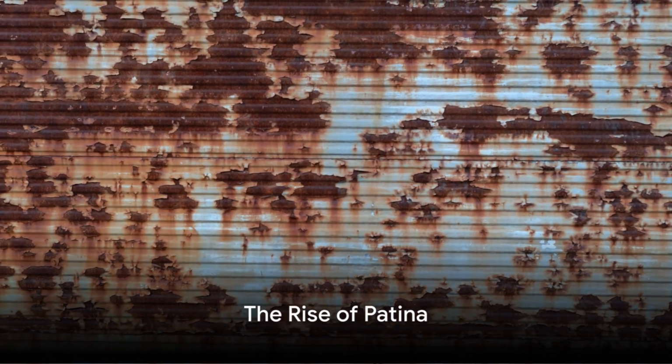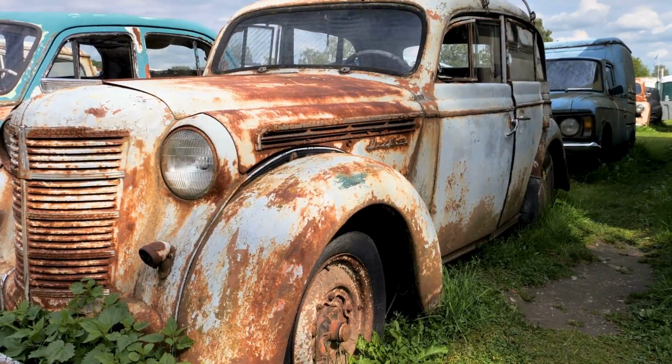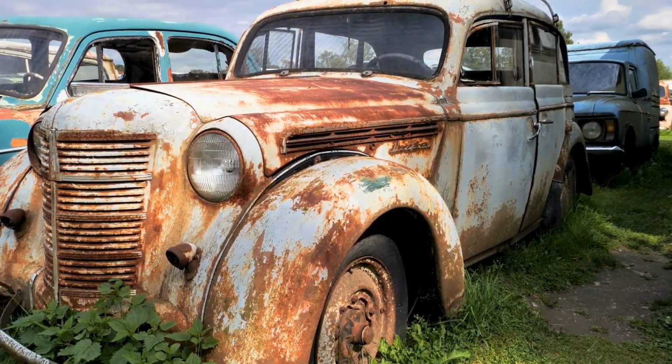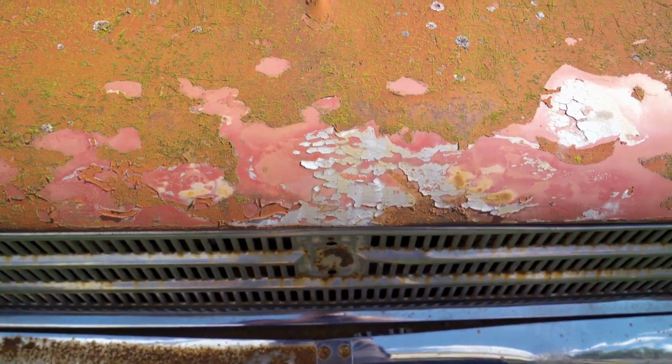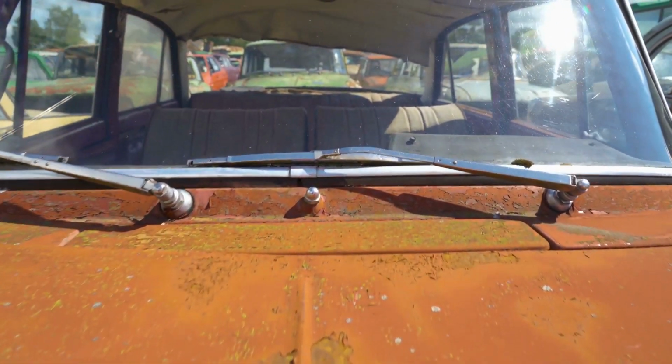Is patina ruining the auto restoration industry? Let's delve into this burning question. In recent years, we've seen a significant shift in the auto restoration industry. There's a new player in town, and its name is patina. For those not in the know, patina refers to the process of letting a car's exterior naturally age, resulting in